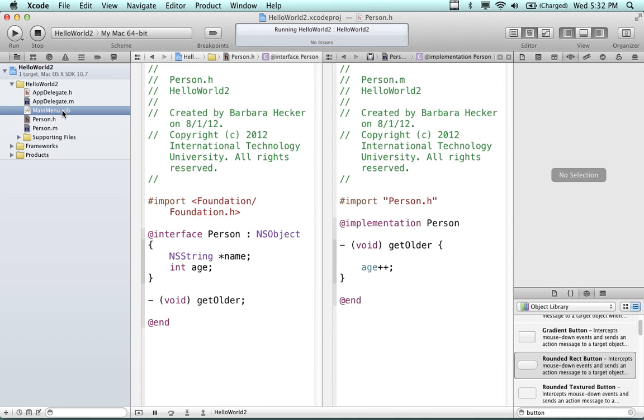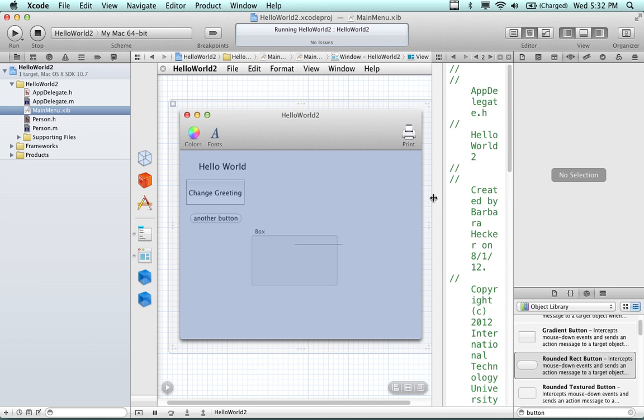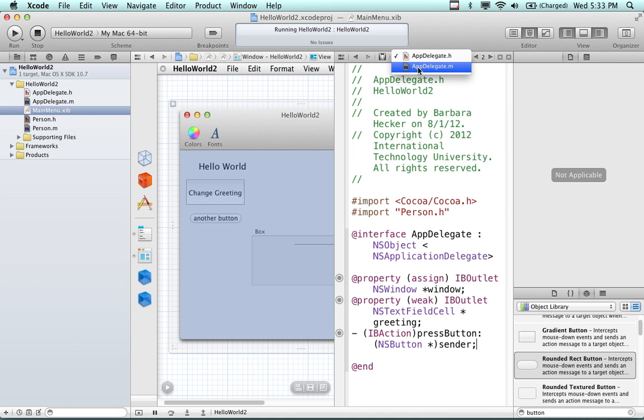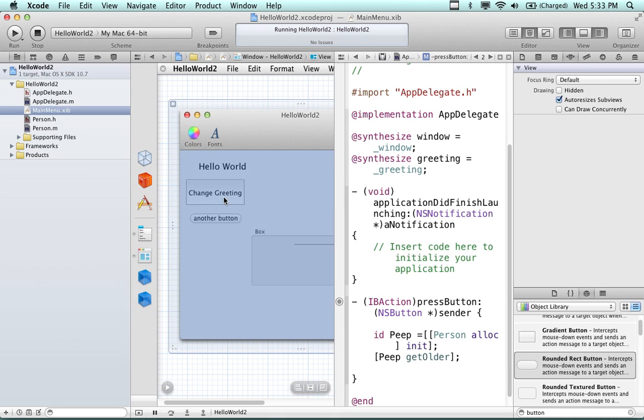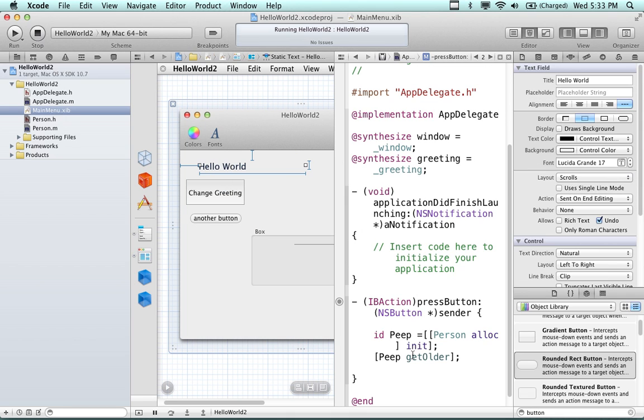So out here on the XIB file that I have loaded up here, if I wanted to play around with the GUI, I could, for let's say the IBAction here as well, let me make sure I'm on the right file here, the AppDelegate.m file. Underneath it, I could say, let's hide this one. Let's say I don't like this button. Did I wire this button? Yeah, I think I wired the box. No, I wired the label. What did I call the label? I called the label